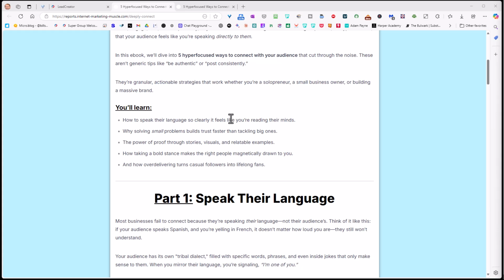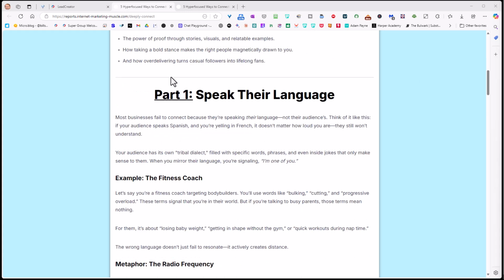So you could do something like a checkbox and then the first bullet point could be master the exact words your audience needs to hear to take action. Your second bullet point could be build unshakable trust with micro wins that lead to big results. Stuff like that, right? Now let's move on down to the next,